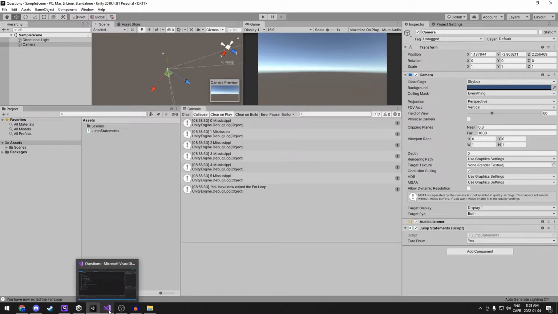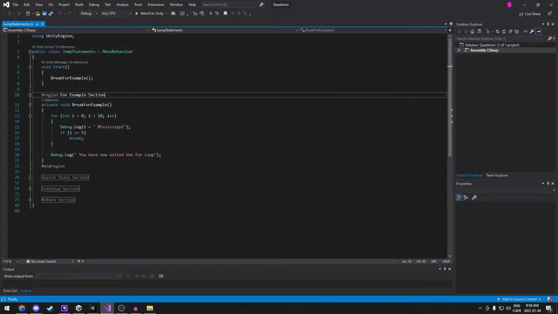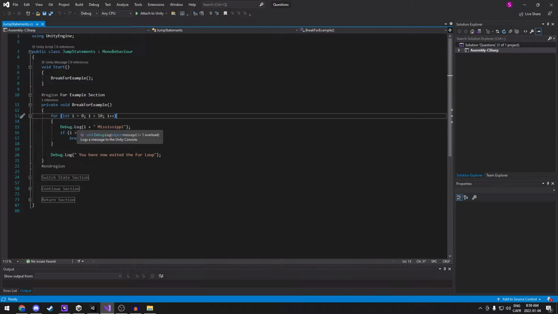If I look into the jump statement script itself, you'll see that this is what is happening. So on start, we use the break for example method, and the break for example method is a very simple for loop and a debug log at the end. So you have for i equals 0, i is smaller than 10, i plus plus. So it's going to start at 0 and go up to 10, well, go up to 9, I suppose, and then leave at 10. Every single iteration of this for loop, it will send out a message,